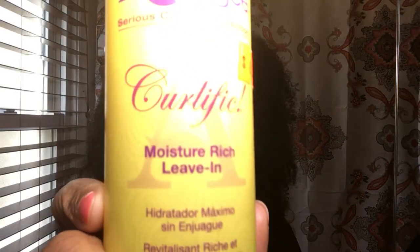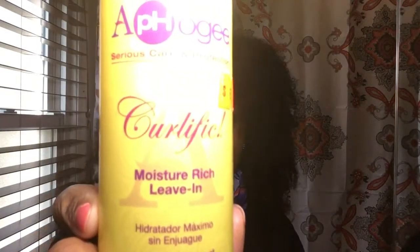Good morning, good afternoon. Hey guys, coming in with a 10-day-old wash and go. It's getting more afro-y. About that time to wash my hair again. Anyway, I'm not gonna do it today, but I want to go ahead and moisturize my fro with this Afro-G